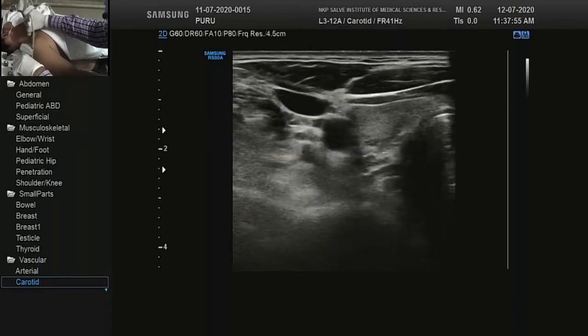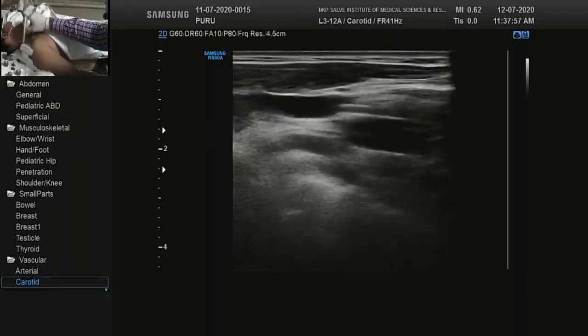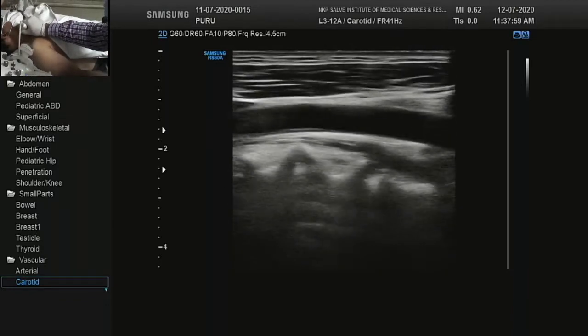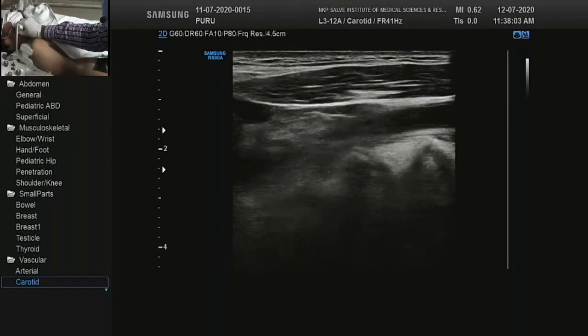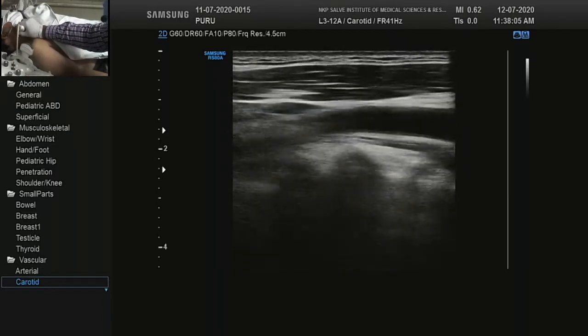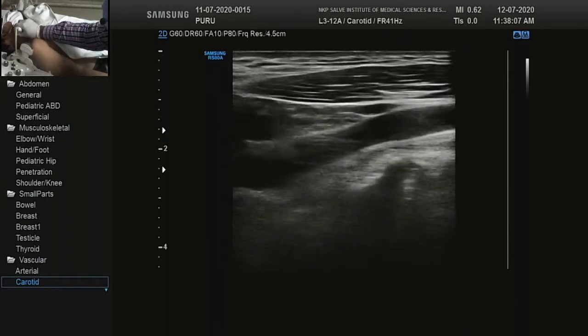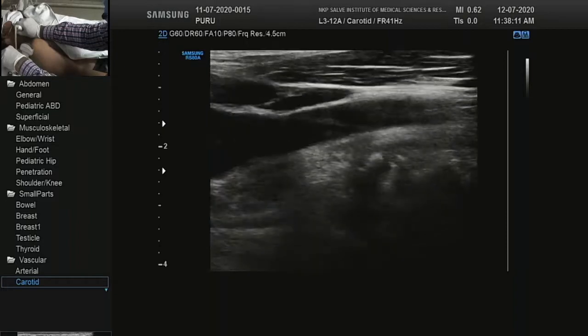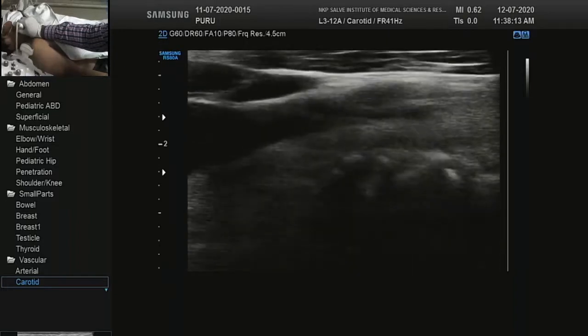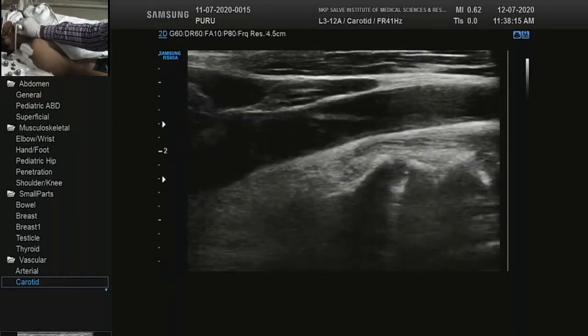So on B mode it looks clean. In the long section also there is a bit of intimal thickening here, and this is the bulb region. I will just make it larger so that it is seen on the screen nicely.